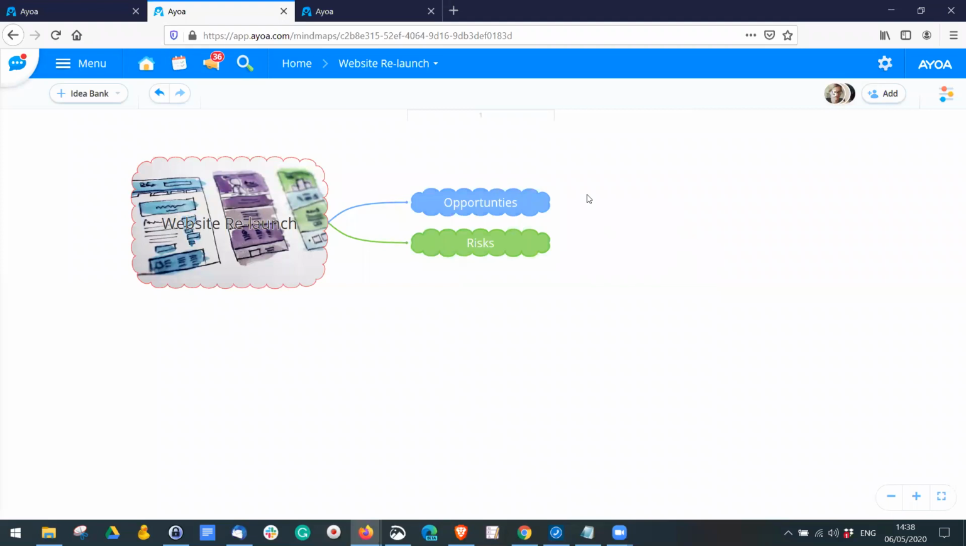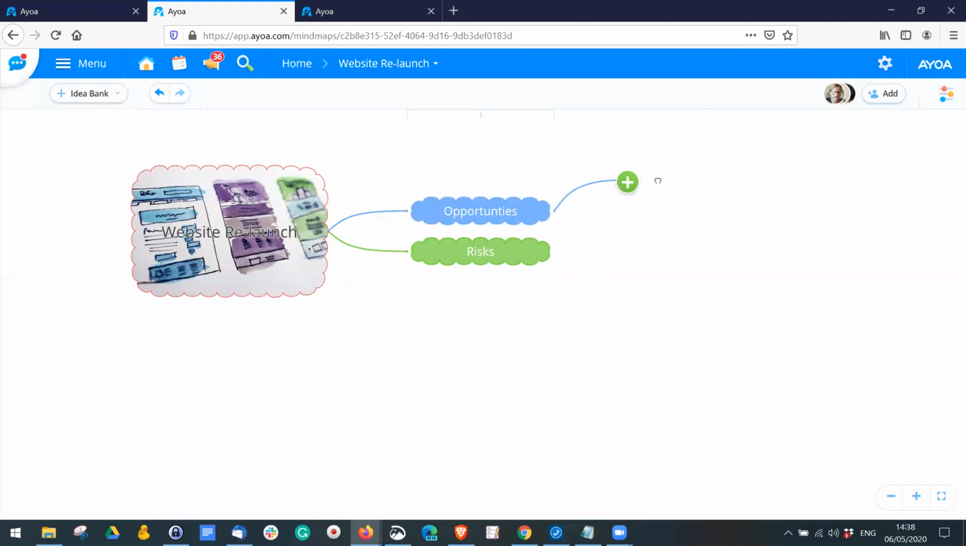So you'll probably notice while I'm making this mind map that maybe my approach to this project might be different to yours, for anyone in the audience who actually works on website design. So forgive me if I'm not particularly technical, but I'm just using this as an example. So for example, opportunity could be new languages,